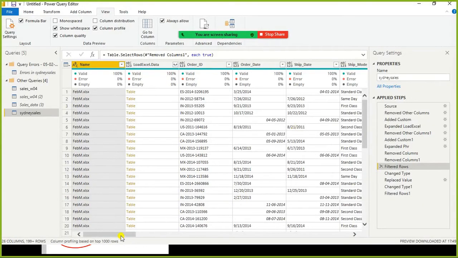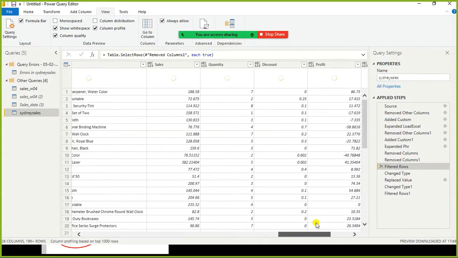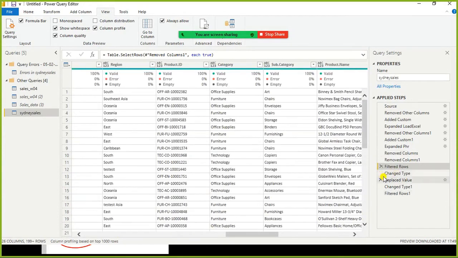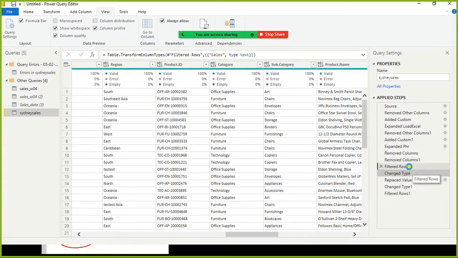I just go here. Yes, everything has a problem here. Ideally, we should have done it for the entire table, right? So the quantity. I just go here, filtered rows.